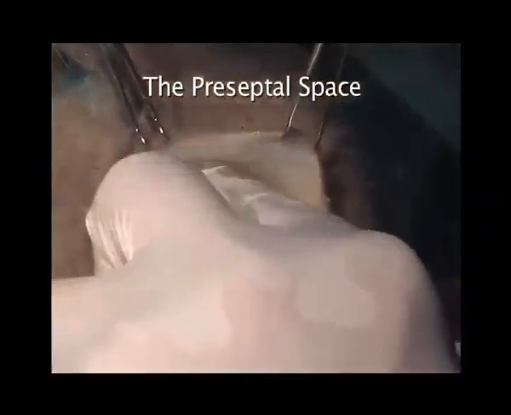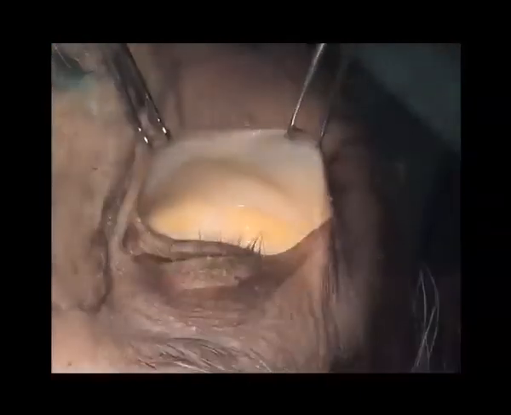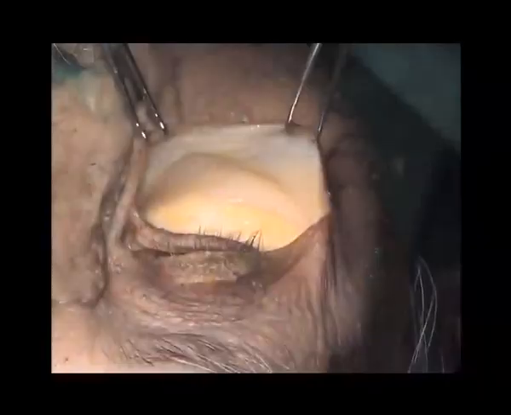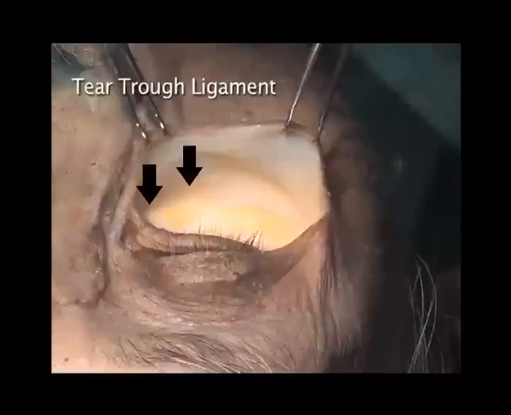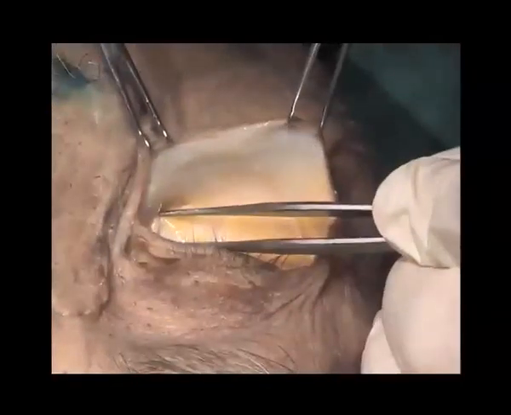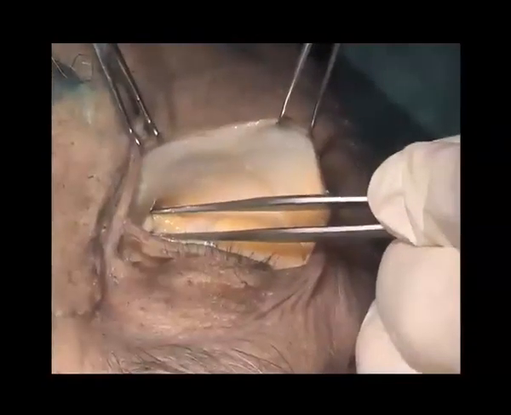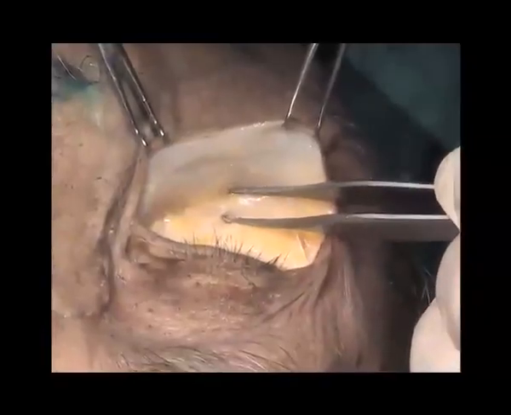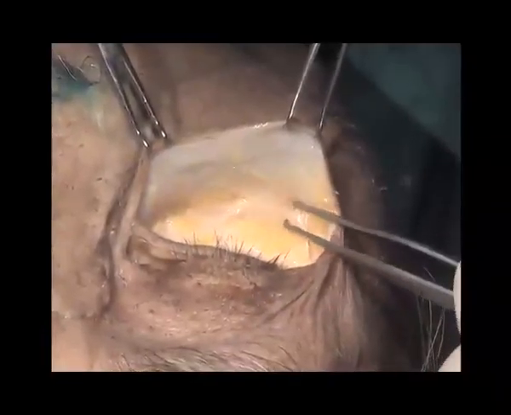The preseptal space is entered and developed bluntly to its boundaries. Inferiorly, it is bounded by the tear trough ligament medially and the orbicularis retaining ligament laterally. The orbicularis origin and retaining ligament are not located at the orbital rim, but several millimeters below it. It is a mean of 2 mm below the rim medially, 6 mm at the mid-pupil line, and 5 mm